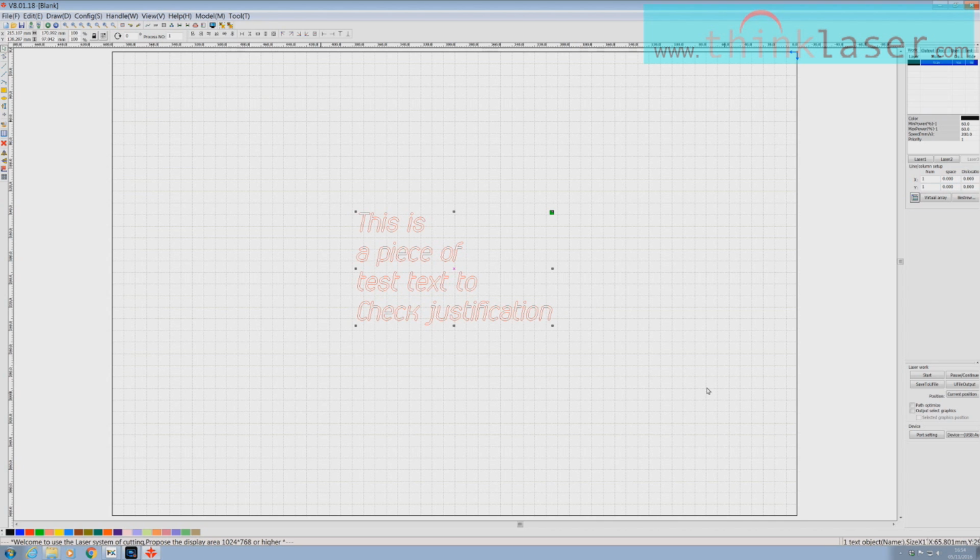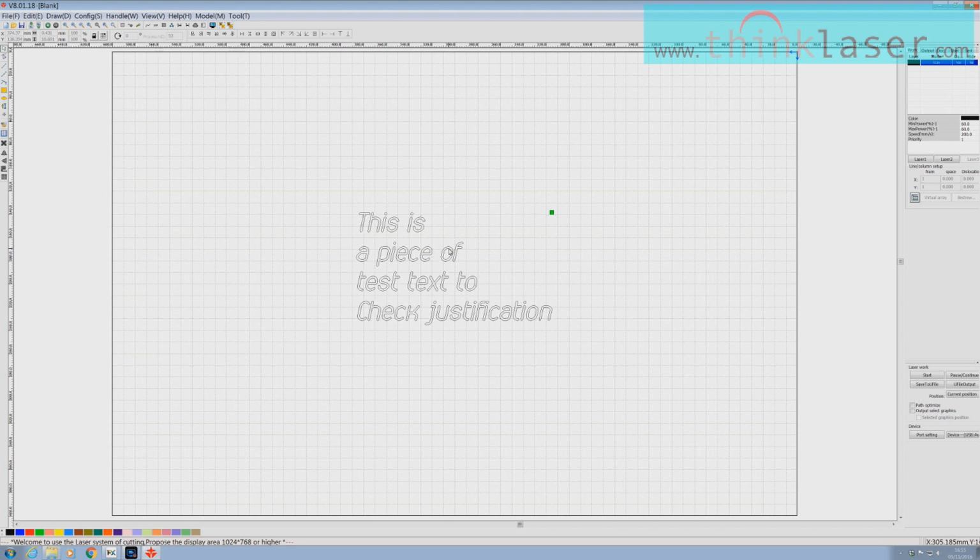Now the first one is, if we've got a piece of text like this, we need to put handles on it, and then we can just go to this ungroup box and click. When I click one of these letters now, they're no longer part of a group. In fact, it gets better or worse depending on your point of view,